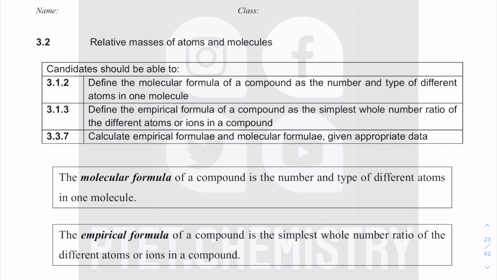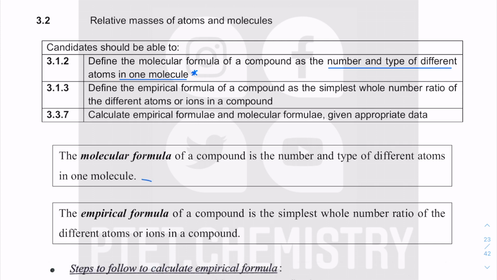So here you should be able to define molecular formula. It simply means the actual number and the type of different atoms in one single molecule. This is the key bit of the definition actually. So to have a molecular formula, you must be a simple covalent molecule. You cannot have a molecular formula if you are not simple molecular. Okay, you cannot, well, must be